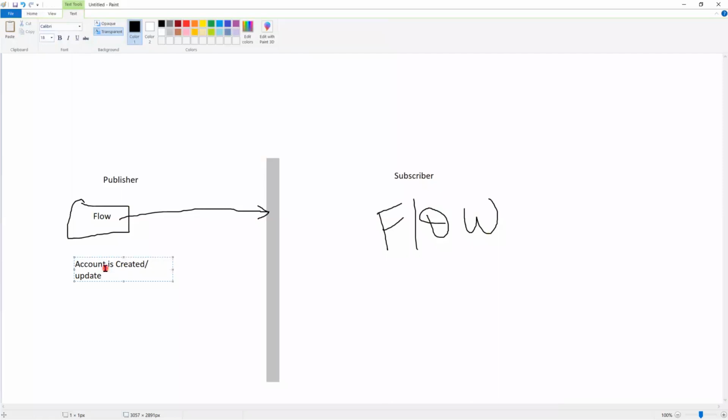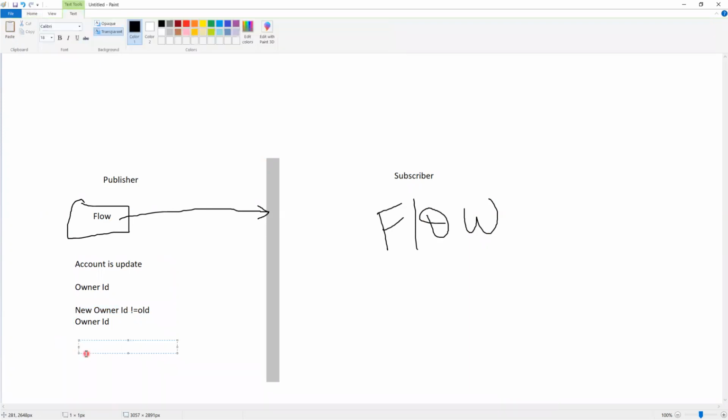While creating or updating, the only thing we are checking is the owner ID. If it is an update, the condition is: new owner ID not equal to old owner ID. Let's take the scenario only on update. Whenever the account is updated, we are checking the field called owner ID. What is the condition that I am checking? Is my new owner ID not equal to the older owner ID? That means the owner ID I previously had should not be the same as the new ID. If this is the criteria,